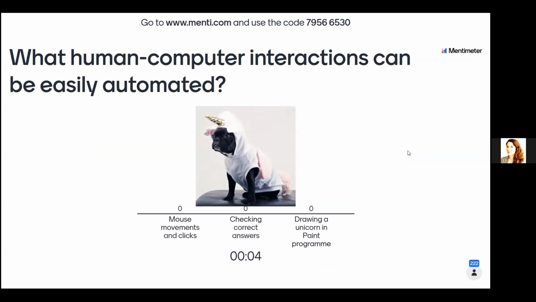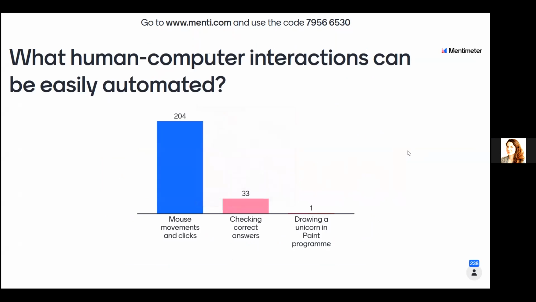7 more seconds to answer that. Yes, most of you got it right. And let me comment. So for that, mouse movement and clicks and actually typing on the keyboard are the 3 most basic things that we can automate with RPA.